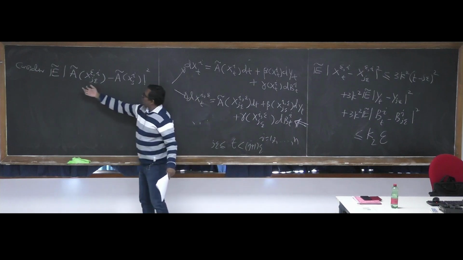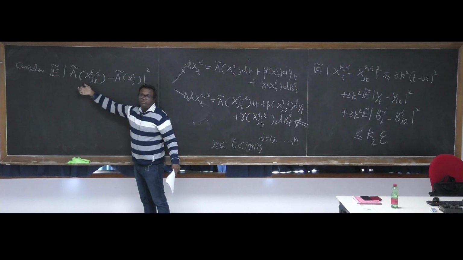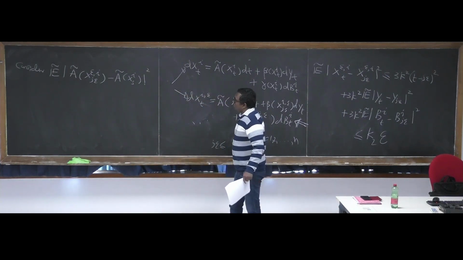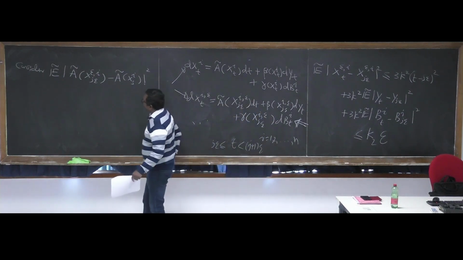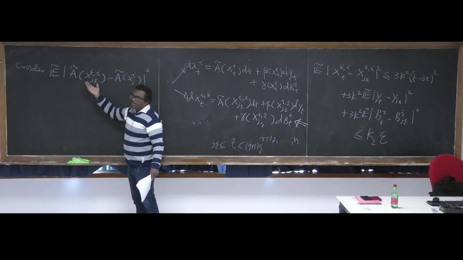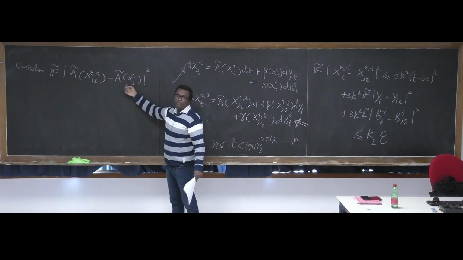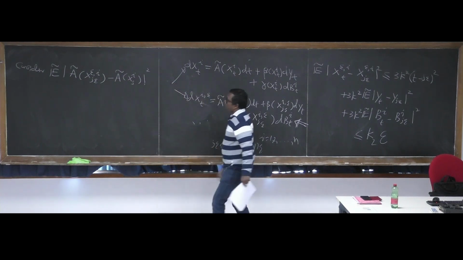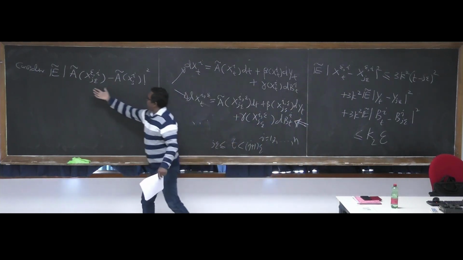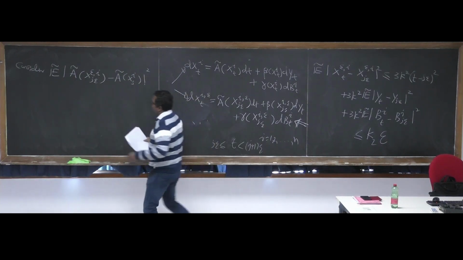This is the coefficient function, one of the coefficient functions associated with the discretized version of the finite interacting particle system, nothing but the drift term. And this is the coefficient function associated with the drift term in the finite interacting particle system. So you take this difference squared and take the expectation, and you can bound this one using